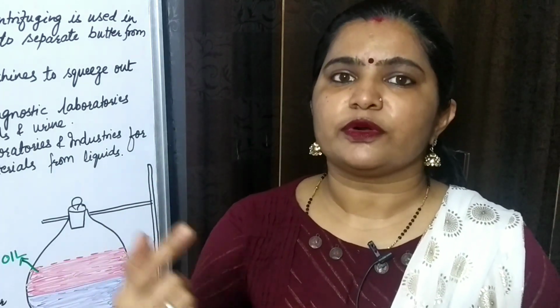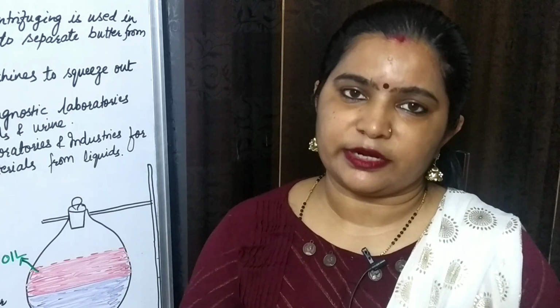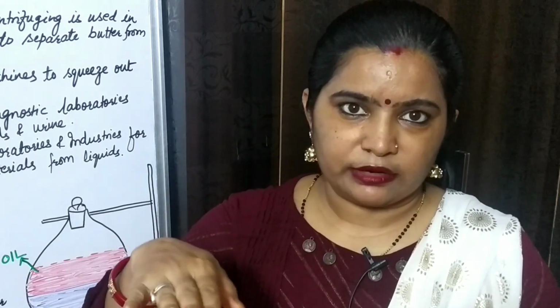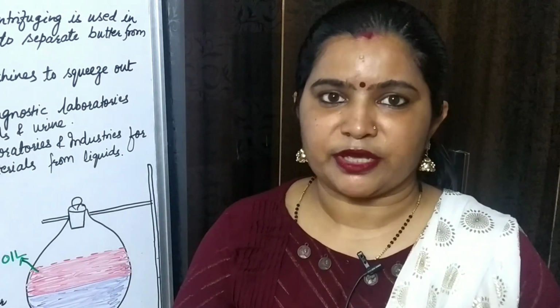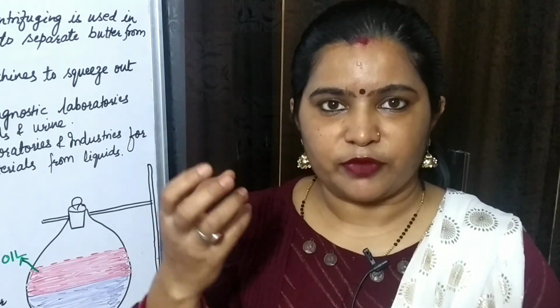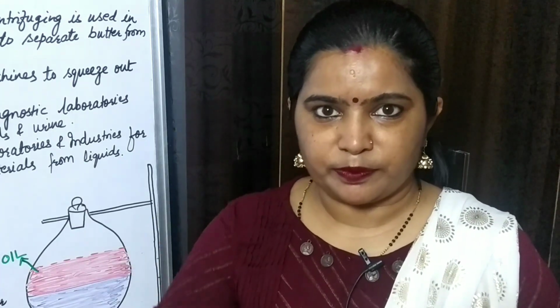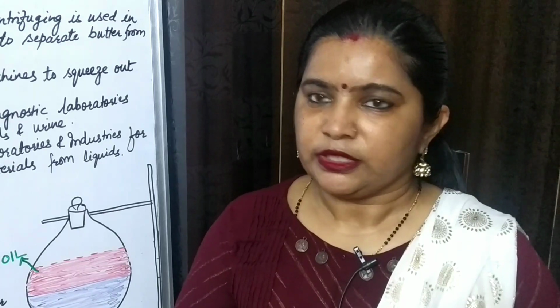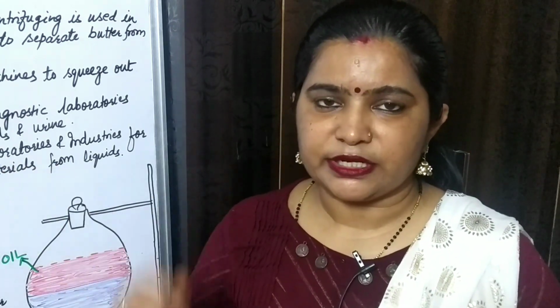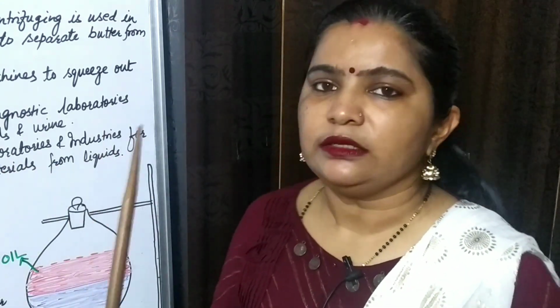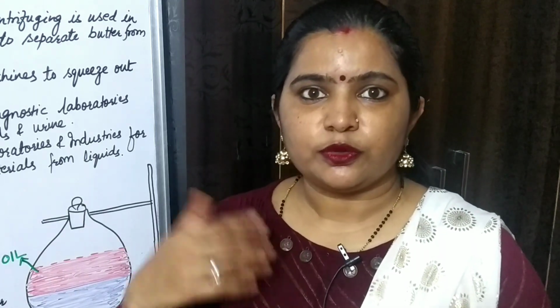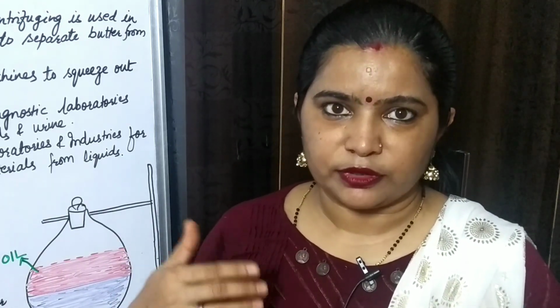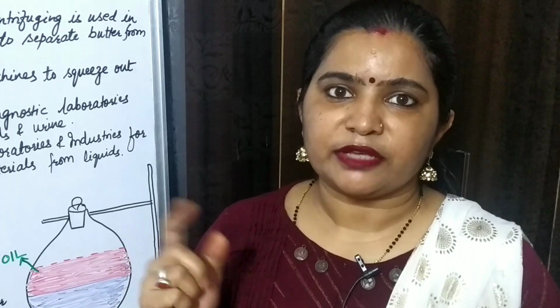There it keeps on rotating, and while rotating, the solid particles separate from the liquid portion and the liquid portion remains there. If the weight of the solid is more, it gets precipitated at the bottom. This is how they separate the components from the blood and urine. If you want to understand this content better, you can see my video clip.